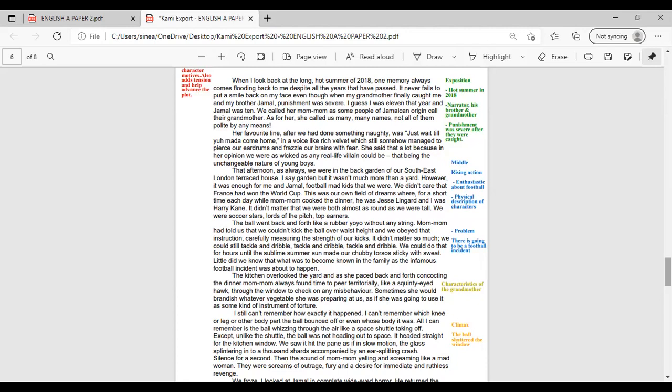That afternoon, as always, we were in the back garden of our southeast London terrace home. I say garden because it wasn't much more than a yard. However, it was enough for me and Jamal, football mad kids that we were. We didn't care that France had won the World Cup. This was our own field of dreams, where, for a short time each day, while my mom cooked the dinner,